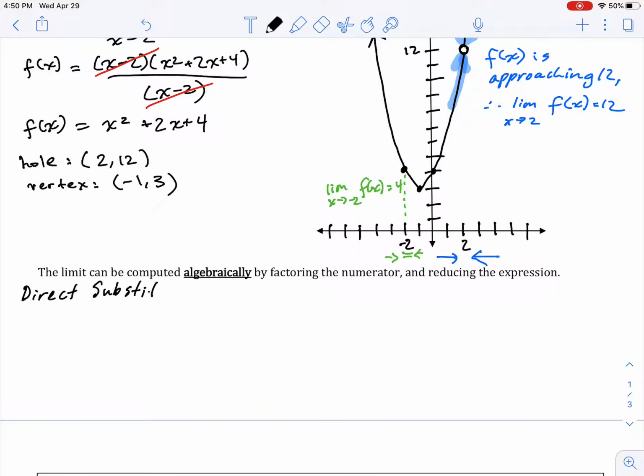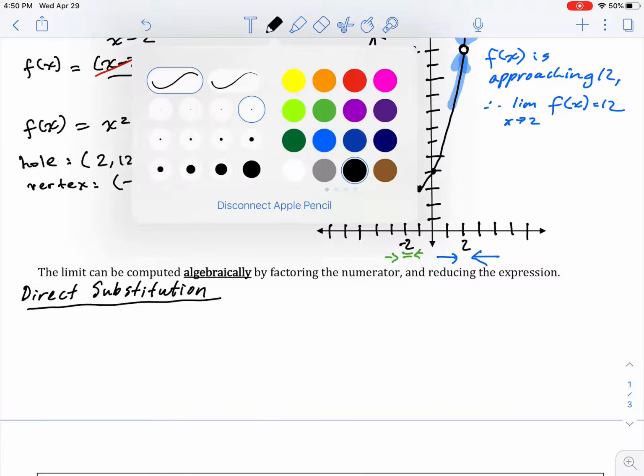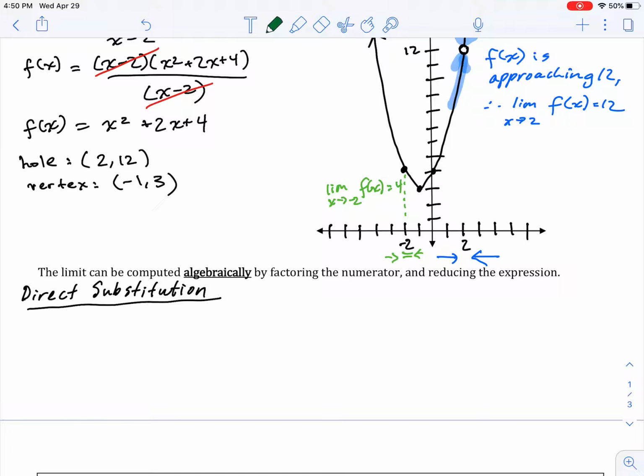And it's exactly what it sounds like. You are going to directly substitute your c value into your function to evaluate what the limit is. Let's do an example with the one that we did in green. So let's look at the limit